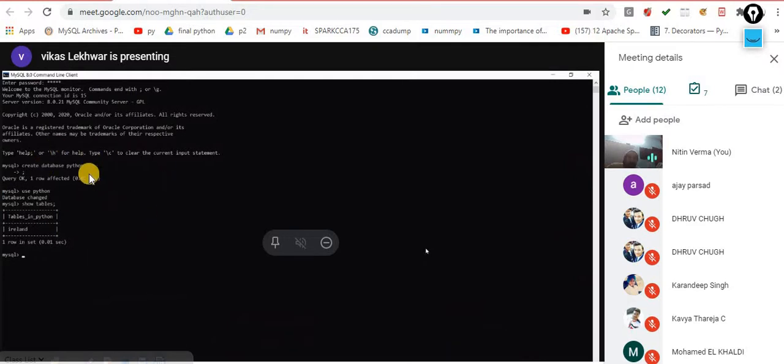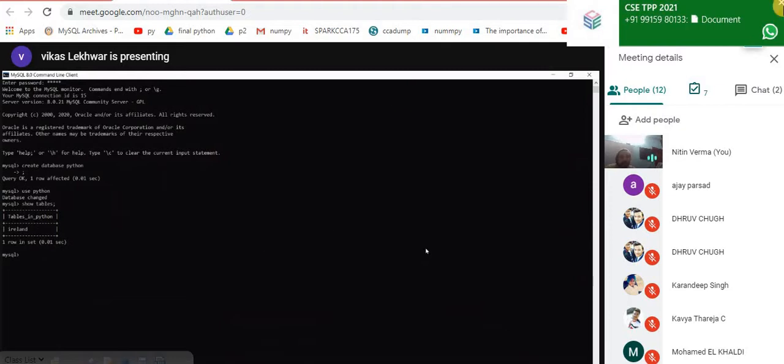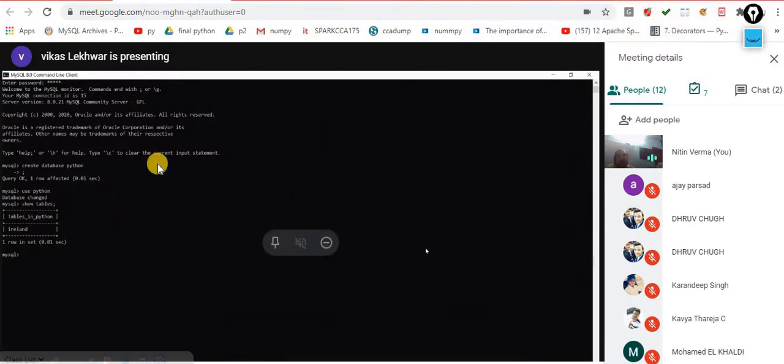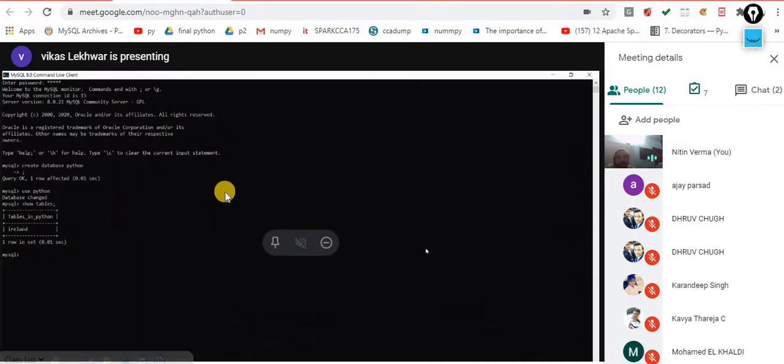This is an important one. In the industry, whenever you are supposed to develop any application or program that stores your data somewhere, the data can be stored inside files as well as inside MySQL. I think your basic concepts are clear: how we can install Python, how we can make a connection, what extra module you need to make the connection, that is PyMySQL, and how you can check it. Everything is working fine.